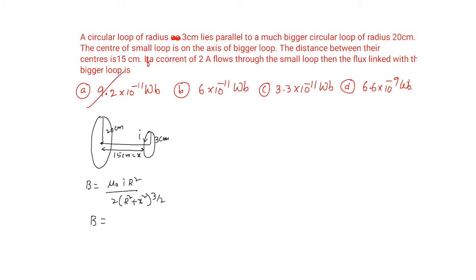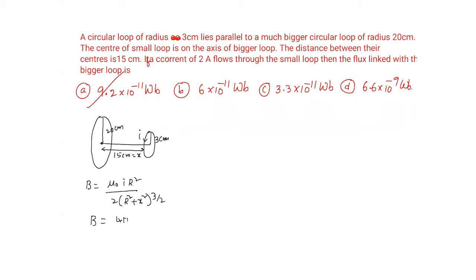But to find the flux, even though here current is passing in the smaller loop, mutual inductance is the same. So for that you can assume that current is passing in the bigger loop. First we find the magnetic field due to the bigger loop. Suppose the same current is passing in the bigger loop, what will be the magnetic field at the place of the smaller loop? I already told you that whenever you have to find the mutual inductance, assume current I in the bigger loop, then find the total flux linked with the smaller loop, and that total flux should be equal to M I. Same logic.